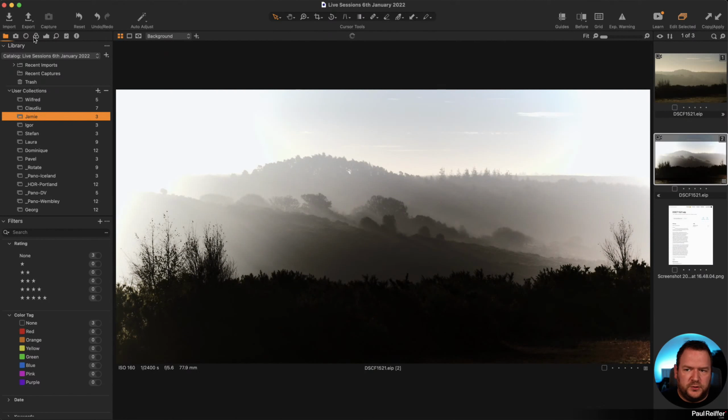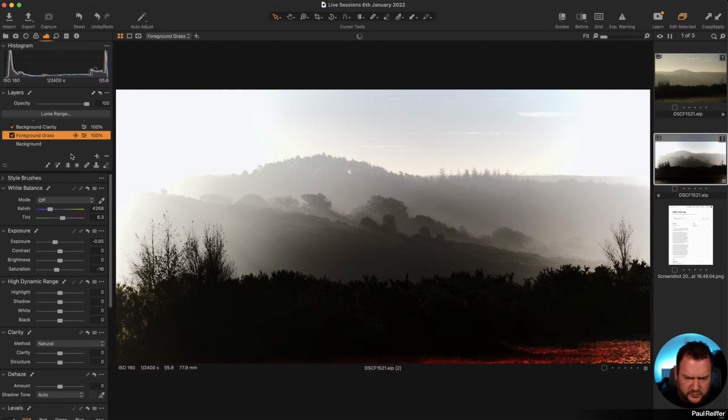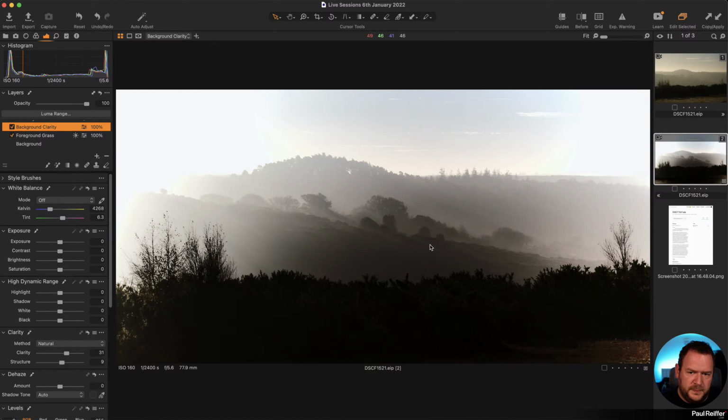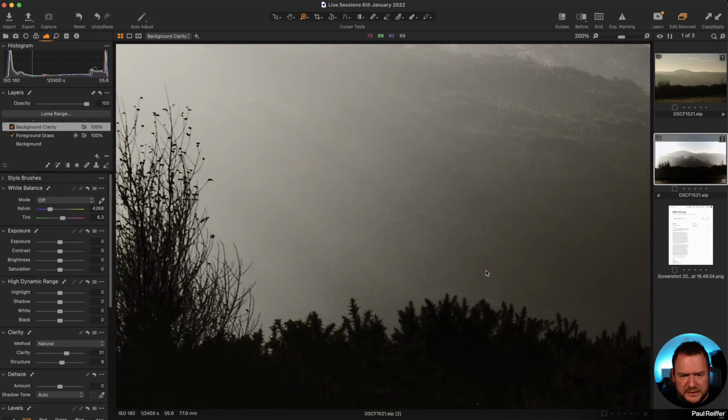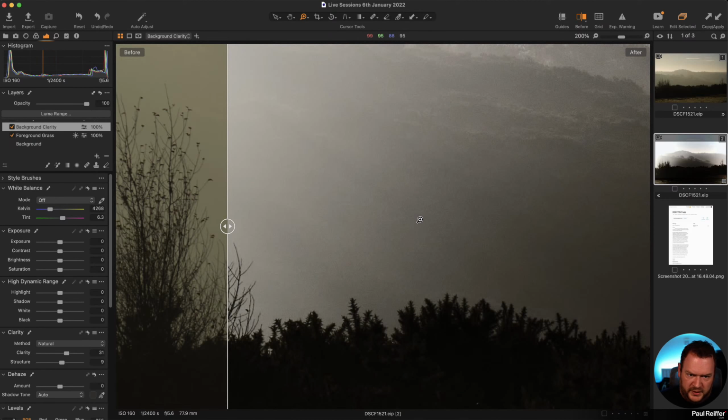Okay, let's switch across to Jamie's shots. So here's our original. Here's Jamie's edit. And there's a few things here that we're going to probably have to fix in some of the editing stuff. If I look at the layers that Jamie's got, we've got on here a mask for the grass down here. We've got a lot of clarity added down here. And one of the things I think Jamie was talking about was there's a lot of noise in here. Whereas in the original, you see there's not a lot of noise. So we go from no noise to quite a bit.